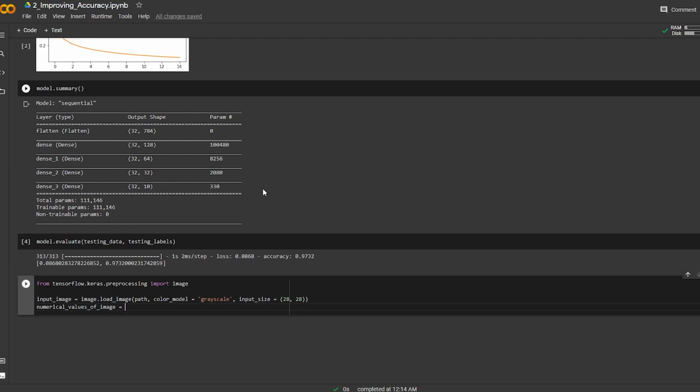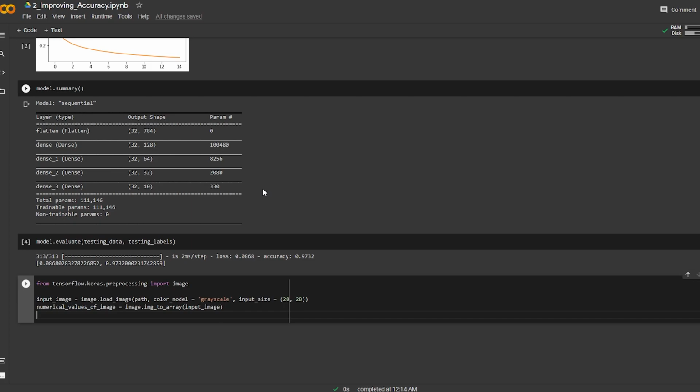Now I'll say image.img_to_array, and here I am going to feed input_image. I think these naming conventions are something different. We will check it when we run our code, and if we have any issues, I'll try to solve them.